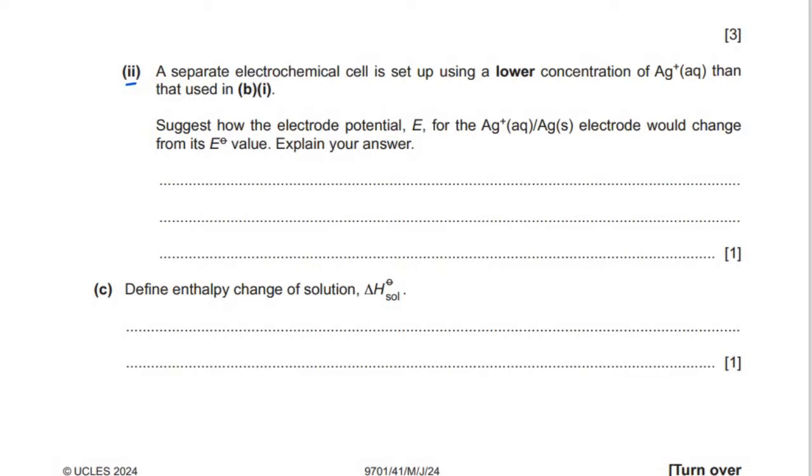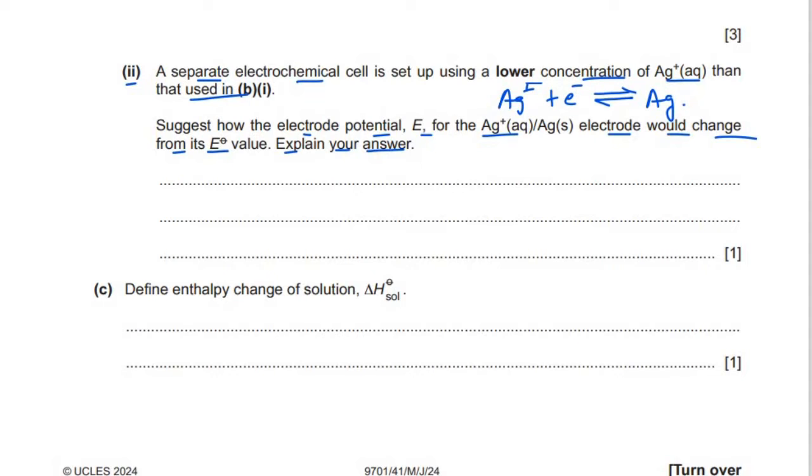The next part is a separate electrochemical cell is set up using a lower concentration of silver ions than used in B1. B1 is standard with 1 mole per dm cube, but then silver ions with a lower concentration is used. Suggest how the electrode potential E of the silver electrode would change from its standard value. Explain your answer. Now if I write Ag, okay, I'm writing it here. If I write the equation, it has to be